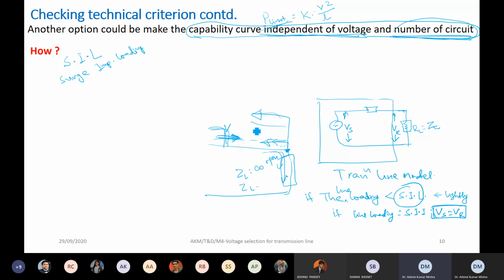So these are the two major applications of the surge impedance loading. But here we are going to use the surge impedance loading just as a dividing factor for this P limit, so that we can make